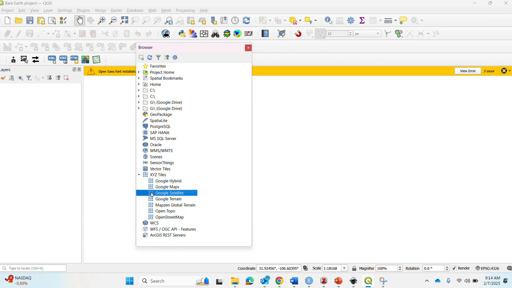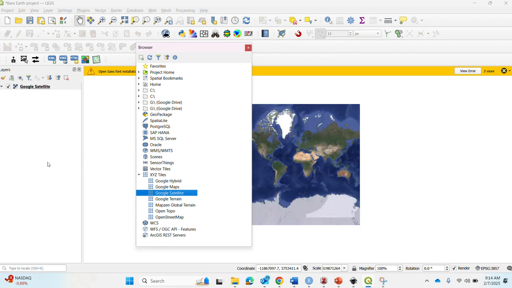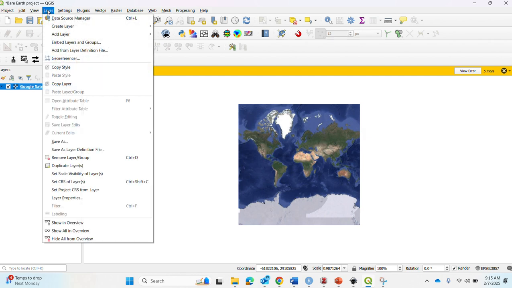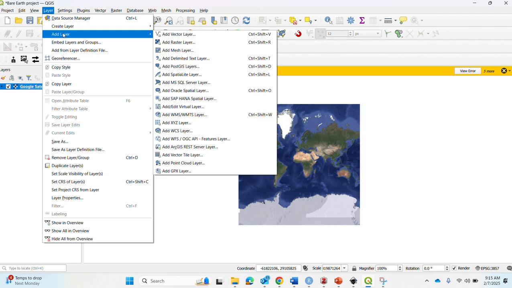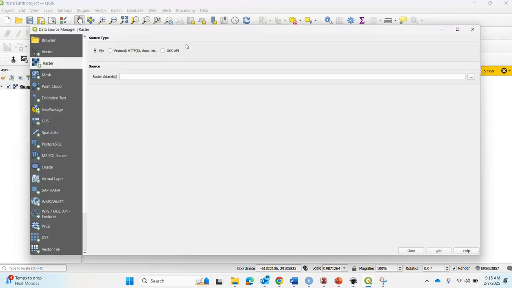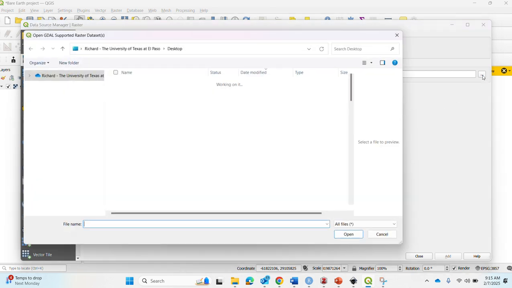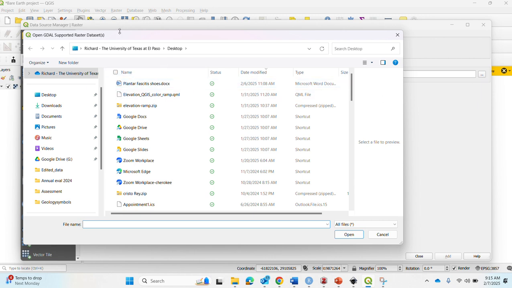imagery. And so I'm going to do Google Satellite, and when you do that, you just get a picture of the world because it doesn't know where to go. If, on the other hand, I add my raster data, then it'll zoom in. And so I'm going to go to Add Layer, Add Raster Layer, and raster data set, and we are going to go to,